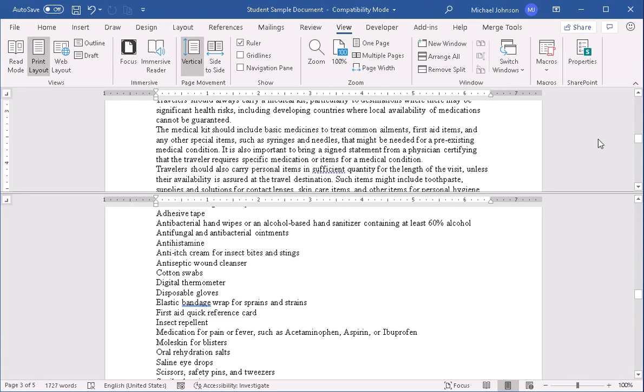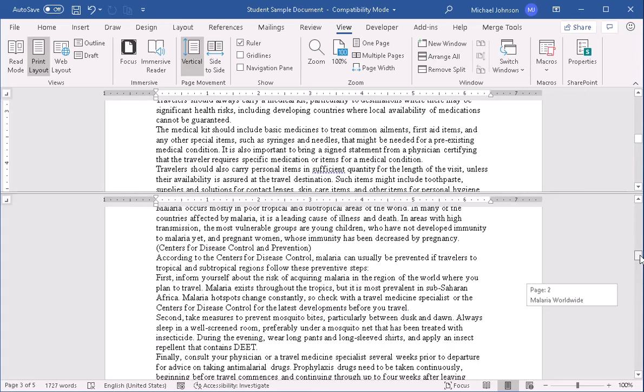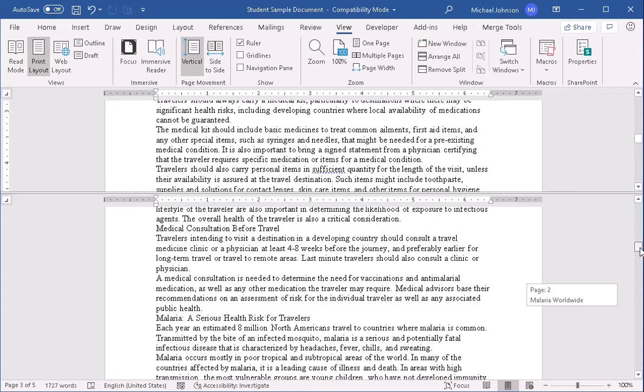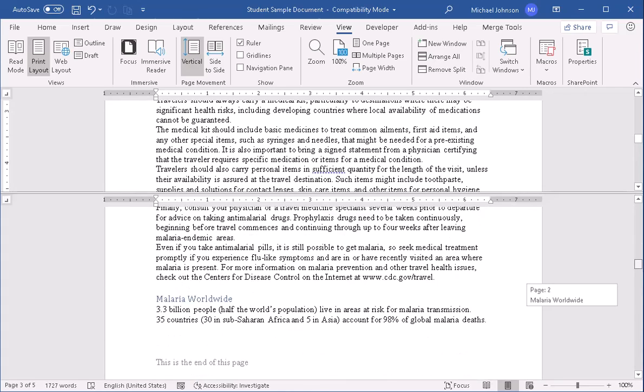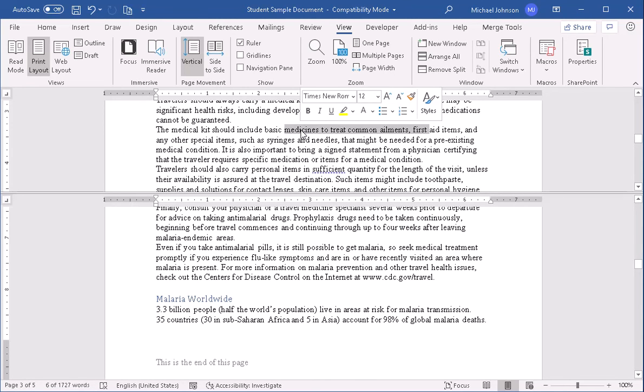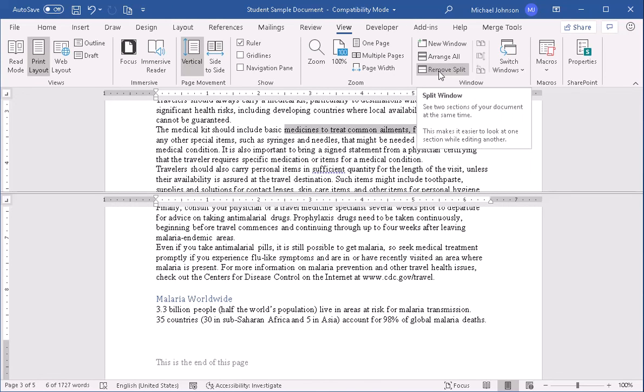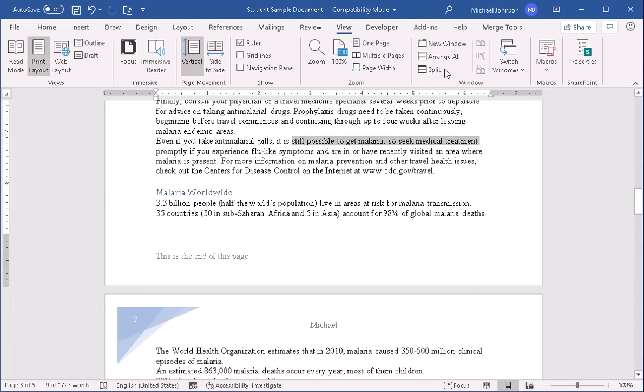Now the nice thing is there's a scroll bar for both. And that means if I want to check some content here on a particular page, I could scroll through it and find that content and maybe make a change to it based on something else that's in the document. So splitting it is very useful. And of course, as it says now, after splitting it, I can undo the split. So I can undo it and go back to the original, or I can have